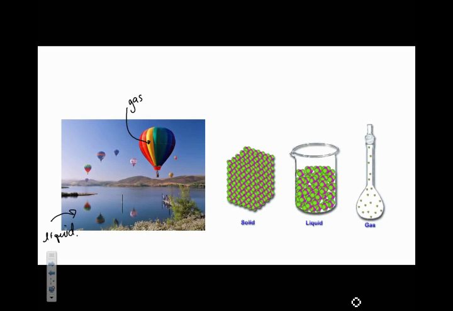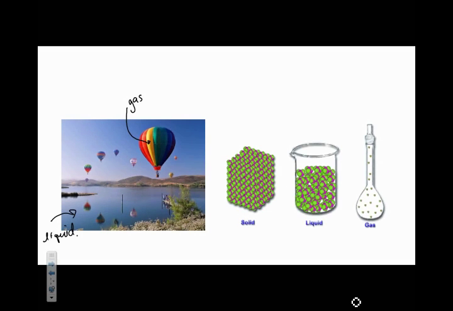What you can see from this image is that solid particles, or the particles within a solid, are packed very close together. And they are very organized in most cases. Depends on the crystalline structure, but for this part of our conversation, we can say they're very organized. They're very close together, very tightly packed, and they don't have a lot of space in between them.